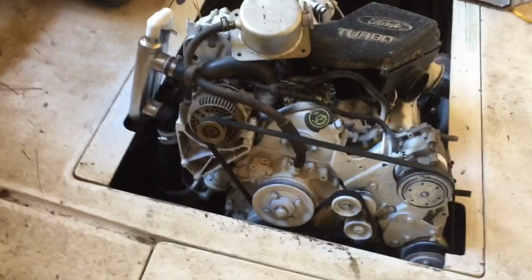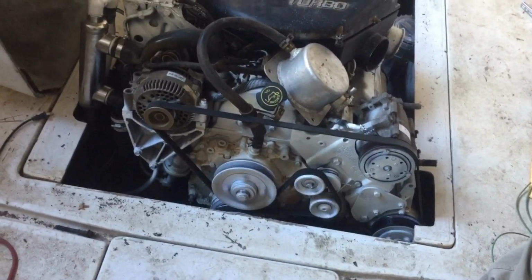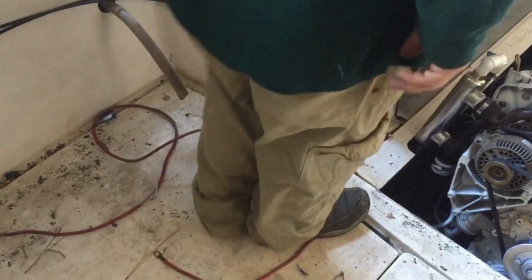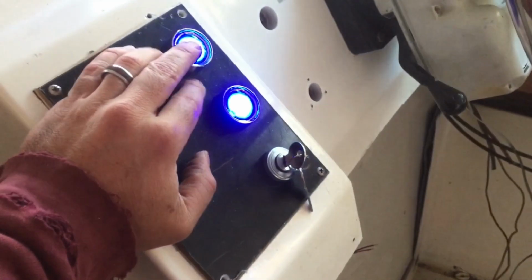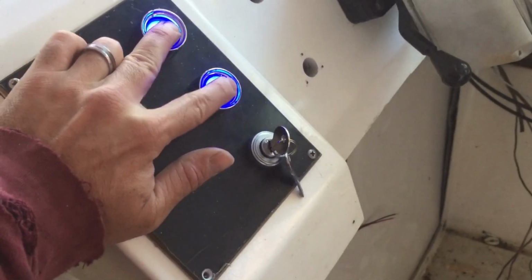Cool. Okay, so we had it all wired. All right. Battery switch is on. We got power. And that works. Are we in neutral? What are we in? We're in neutral. Okay. Throttle's down. Should I try it? Go ahead. 1, 2, 3, 4, 5, 6, 7, 8,